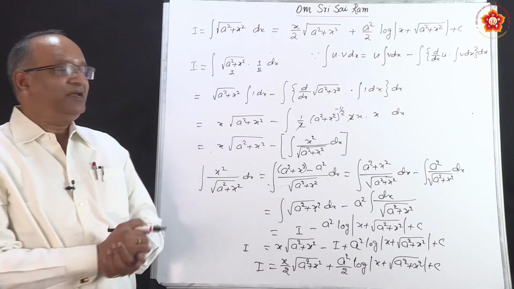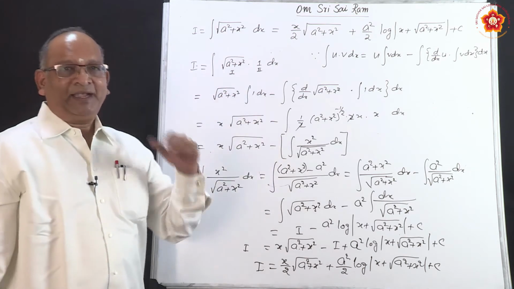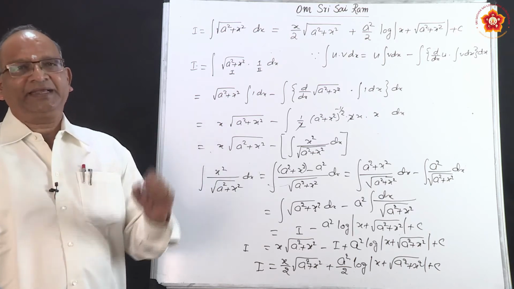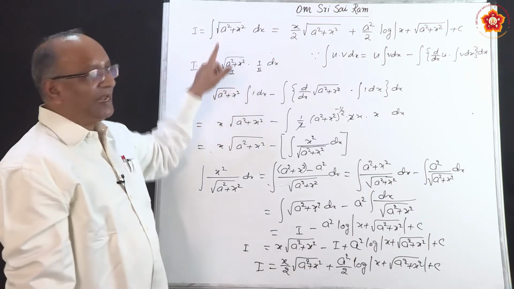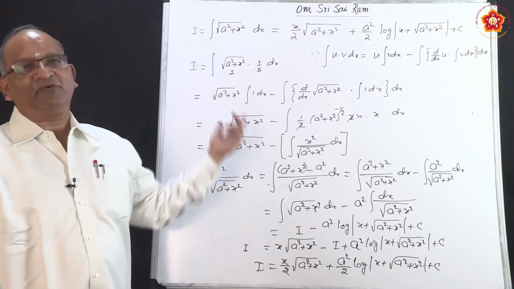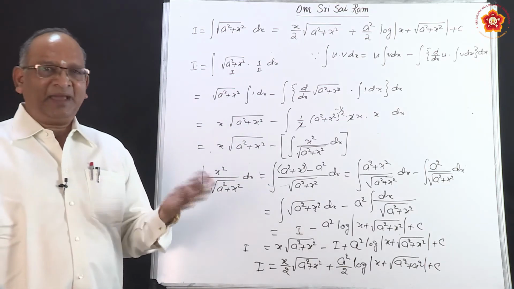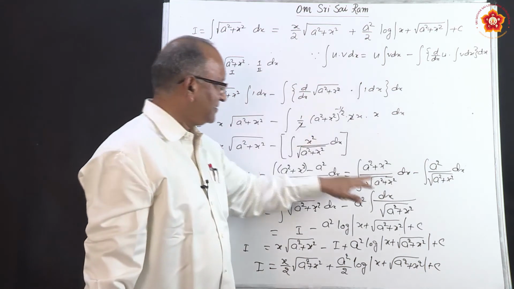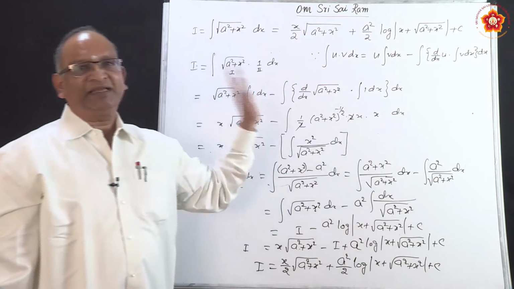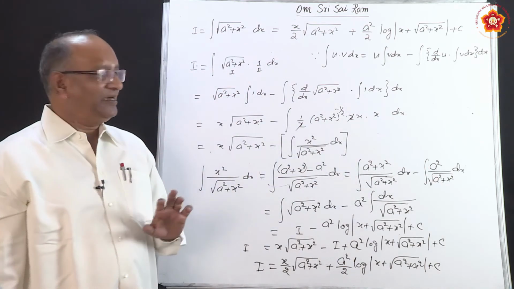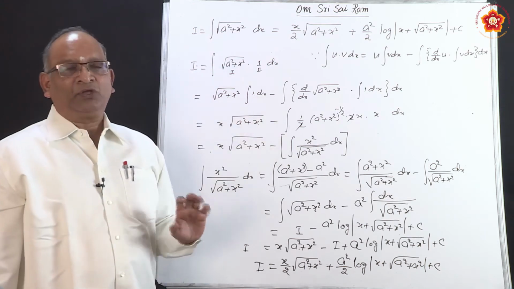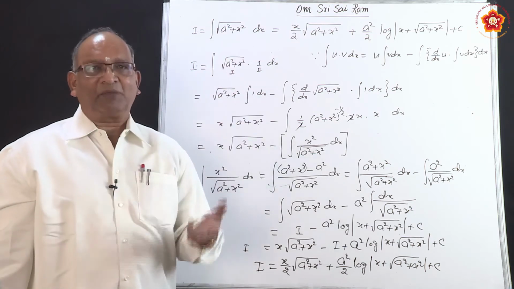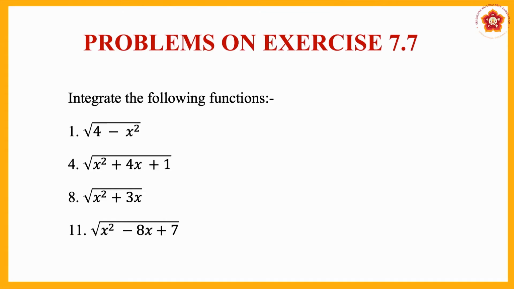And for deriving it, we have used the product rule, which we just studied in the last session. By using integration by parts, we are able to derive the formula. That is why this was not taught before. In the same manner, other formulae can also be derived. What will differ? Only the last part will differ. This part will be differing. Everything else will be the same. And how will it differ? Depending upon the function. So, today we are going to solve some problems based upon the three formulae which we wrote in the beginning. So, let us solve the problems.